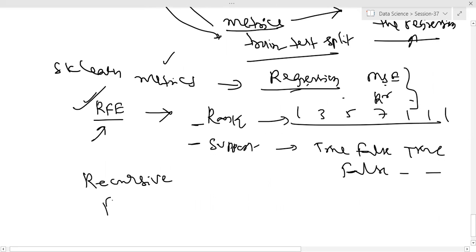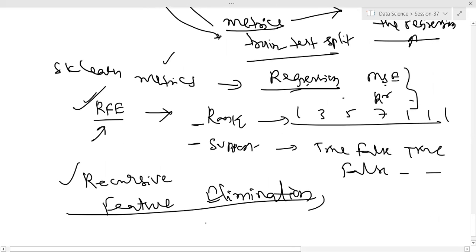Recursive feature elimination. That's all. Okay, what it does is give us the rank as well as the support. And if you are going with the suggestions of the RFE, you can make use of the values it mentions